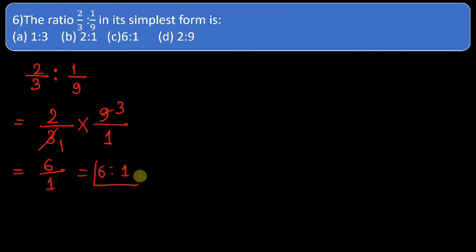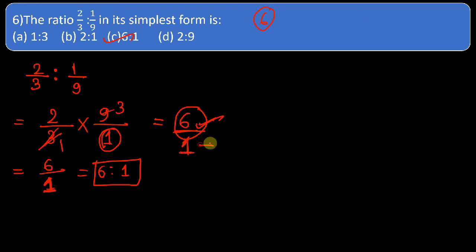And let me tell you all students, most of the students will do this part wrong, because whenever we cancel this, whenever there is 1 in the denominator, we forget to write 1. So we look for the answer that is given, 6, but here 6 is not present. So any number which is present, in the denominator, 1 is always present. So remember this thing. If you are told to find the simplest ratio, try to be clear in these parts. So the correct answer is 6:1.